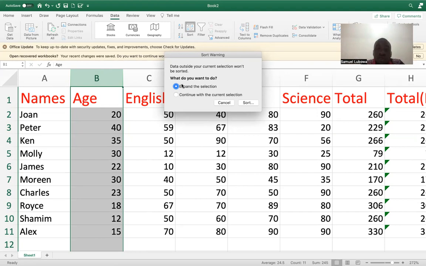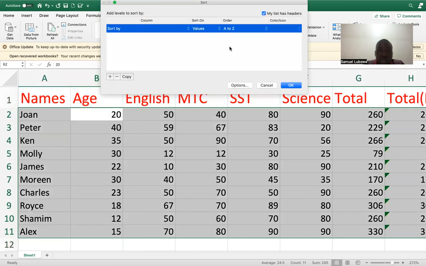So it is always better that you expand the selection, and then you click on sort. Because now you see Joan is 20. Then we have Shamim of 12, Maureen of 30. So when you say sort, you realize that yes,